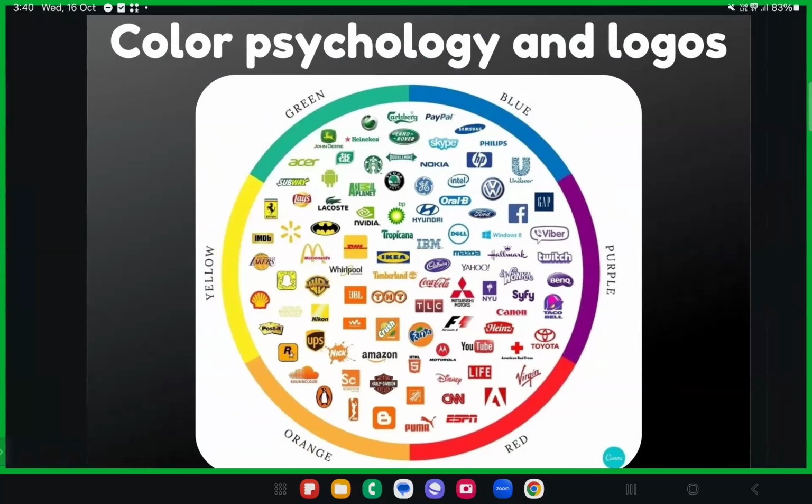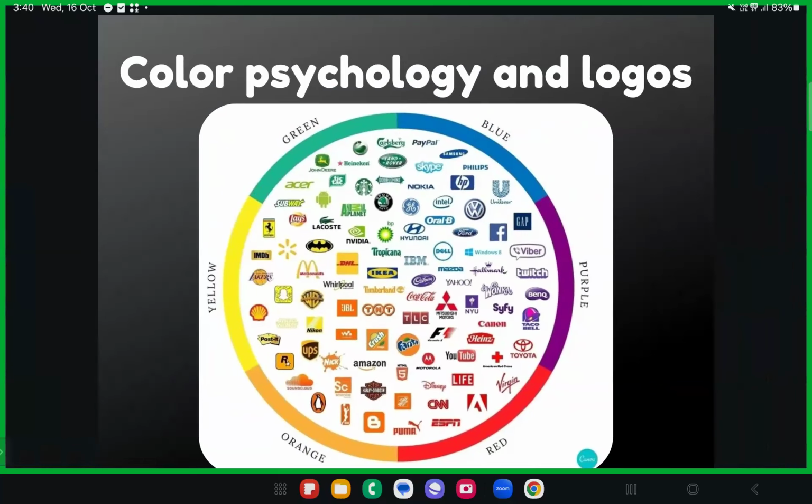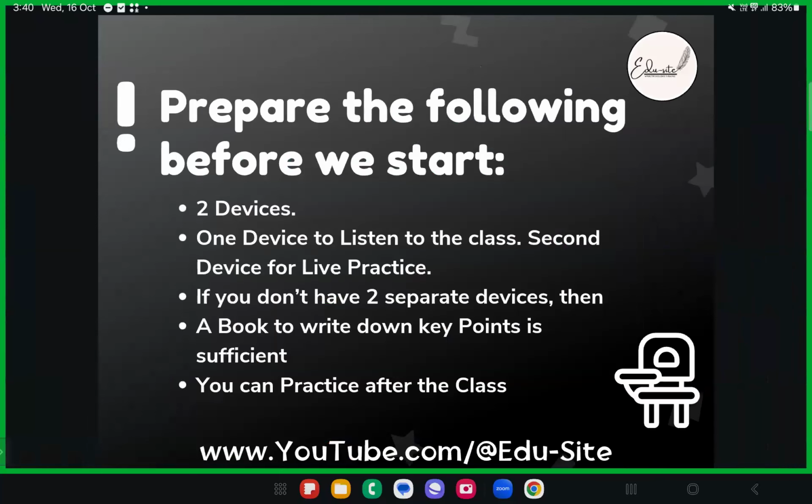So there is a different color psychology for each color that you have to use. It's nothing but the color grading. It is actually a key to having a good logo. Okay, so the color should be very perfect. The third thing is,